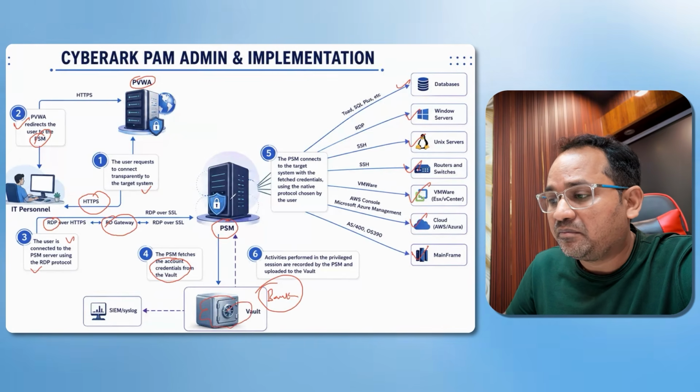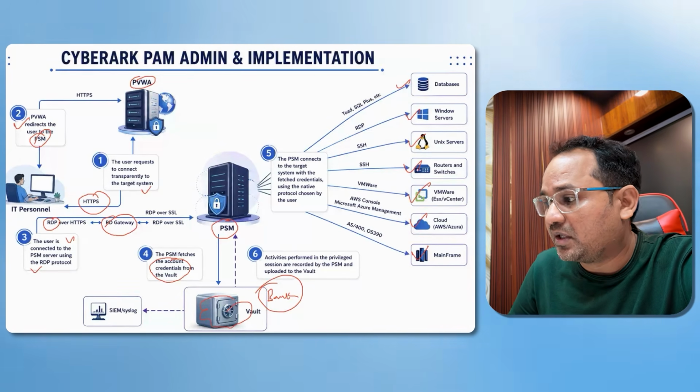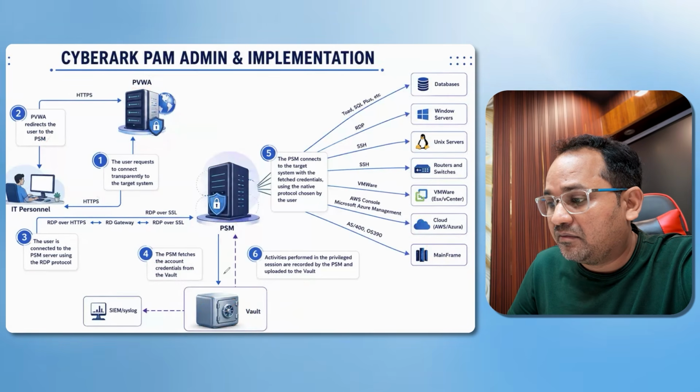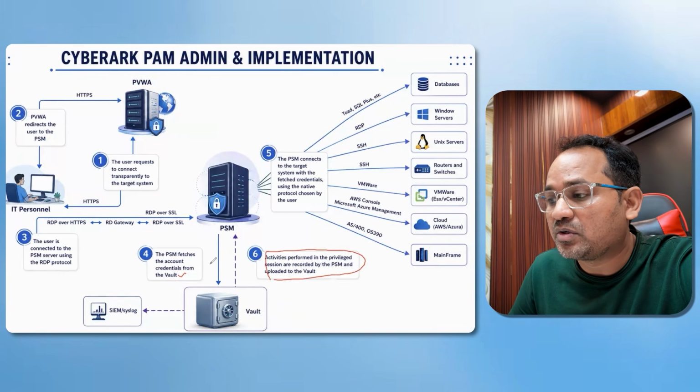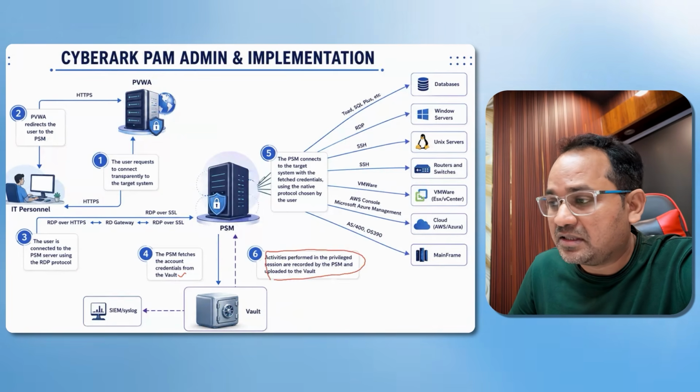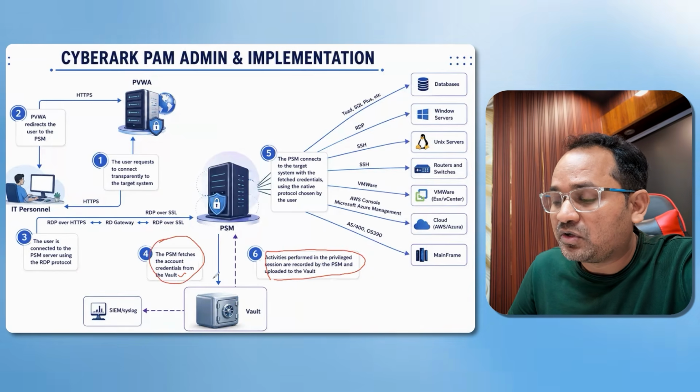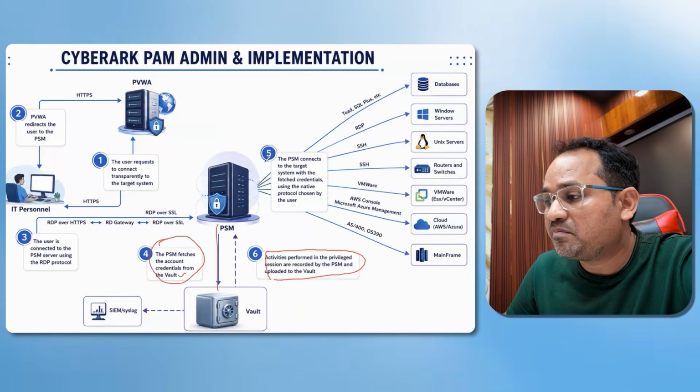So based on that PSM request, you are going to connect with your vault, and the vault is going to fetch those credentials. Activities performed in the privileged session are recorded by the PSM and uploaded to the vault. This is the last step, but if you fetch the information from the vault, based on that information PSM is going to